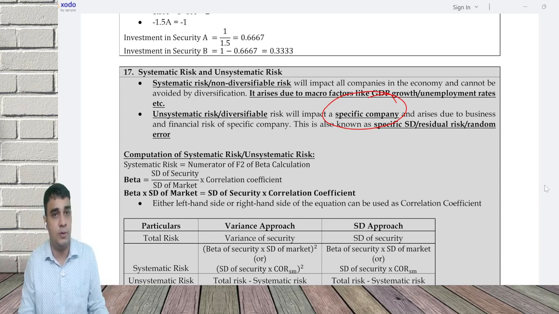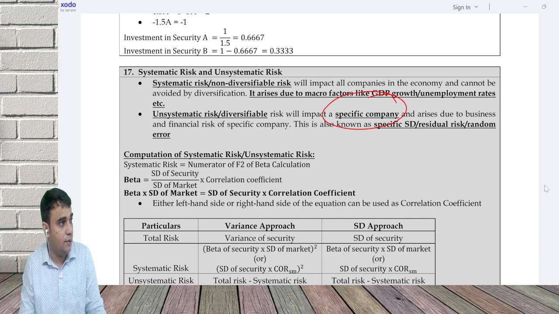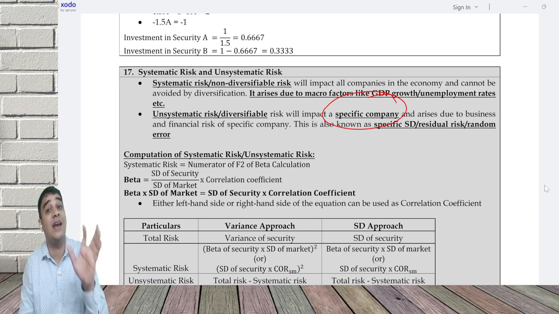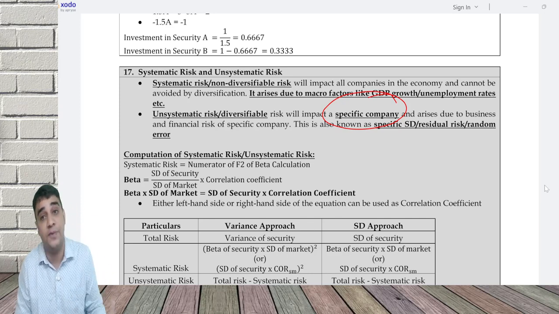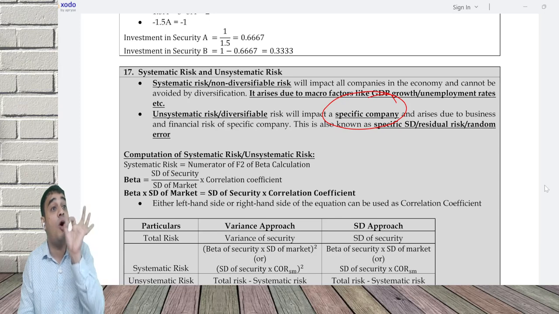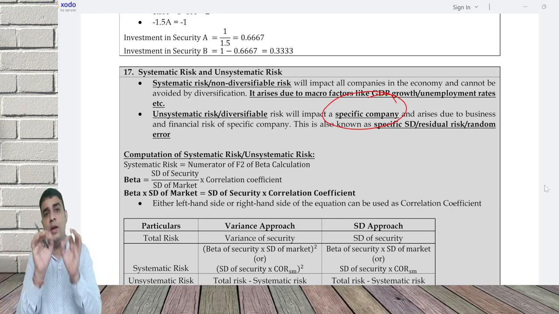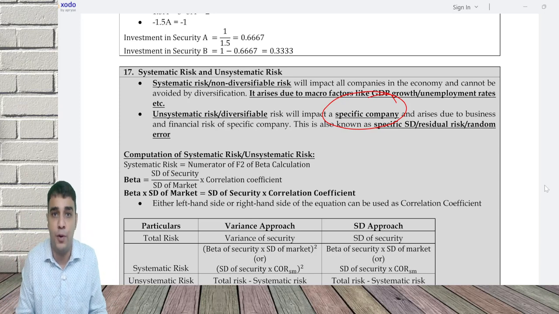Suddenly a war breaks out, or a disease breaks out like COVID. You invest in 20 companies, all 20 will give negative returns, because that risk cannot be eliminated by doing diversification. So beta is a measure of non-diversifiable risk. If you remember, I told you if you have a diversified portfolio,